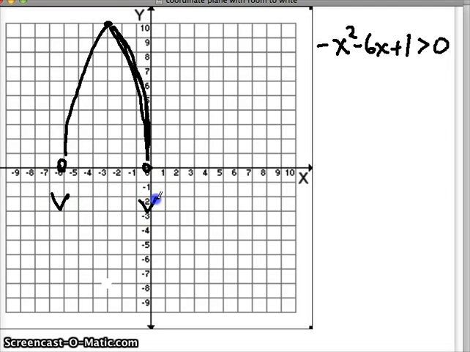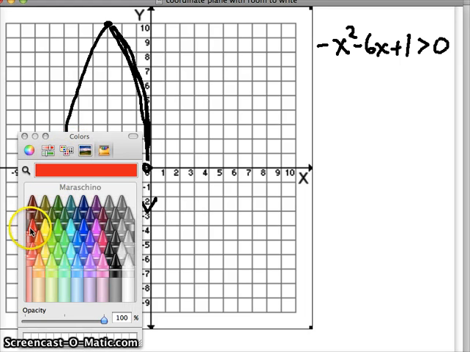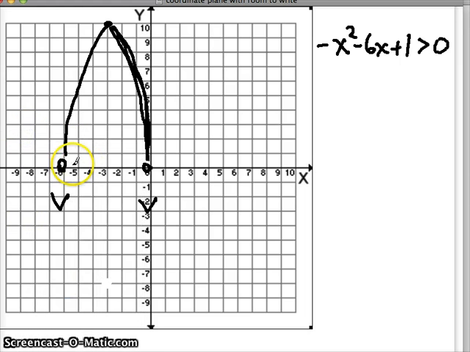We're not really concerned about anything that happens where y is less than 0. Remember, we're only focused on where y is greater than 0. So really, we're looking for any x value that's in between right here. That's where our y values are all greater than 0. That's where our parabola lies. So what are the x values that give us this parabola? Well, they are